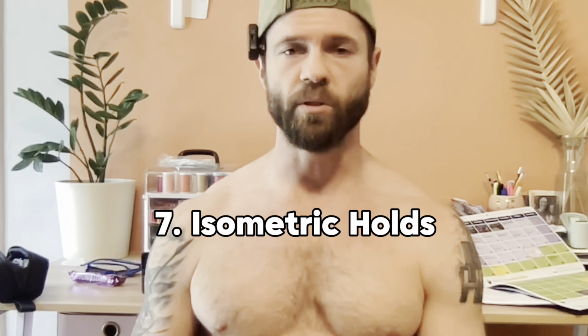Seven, something that I've done a terrible job of. I know they're great. Any type of isometric holds. The only real isometric work I've been getting is I do pause squats every single week. So hit the squat in the hole, hang out for a 1,000, 2,000, and then I try to explode up. But I think there's more to it, and there's more opportunities to add that into our training